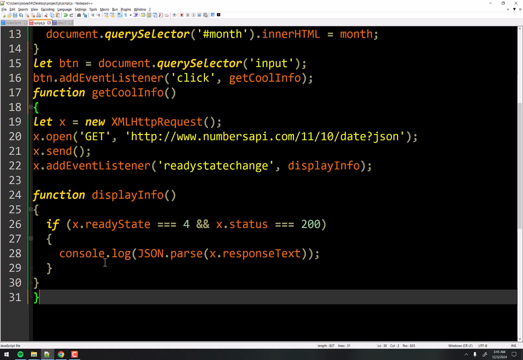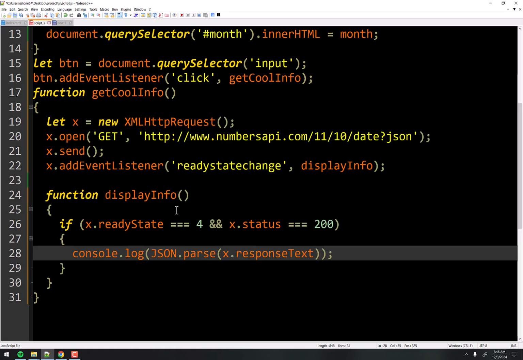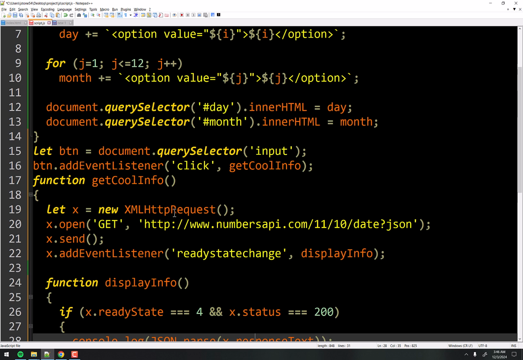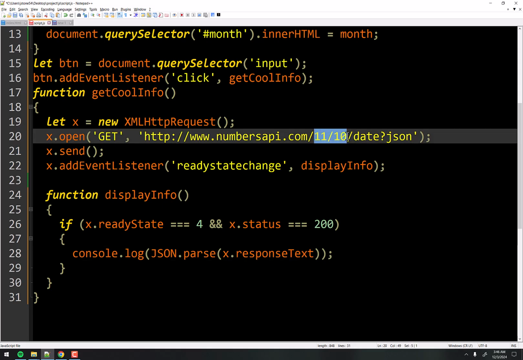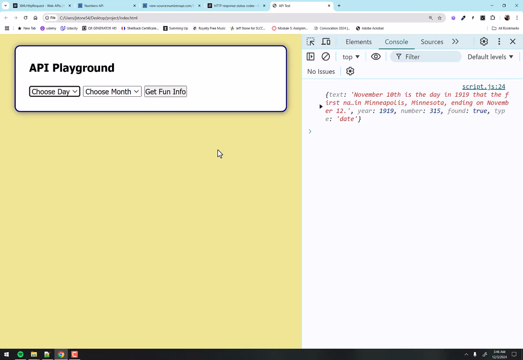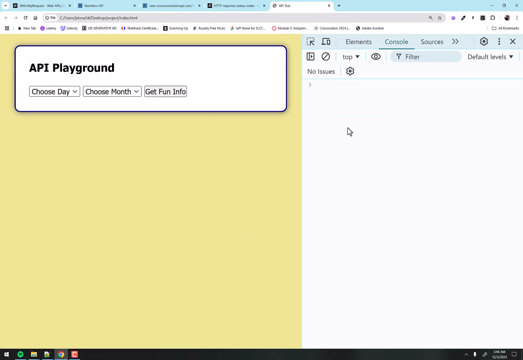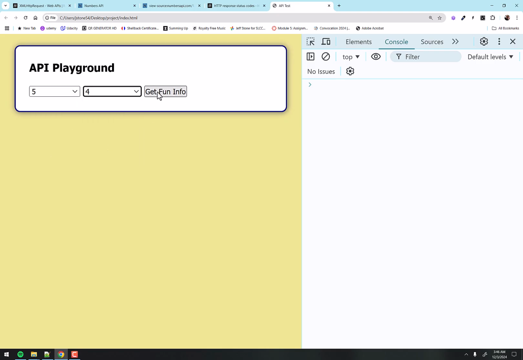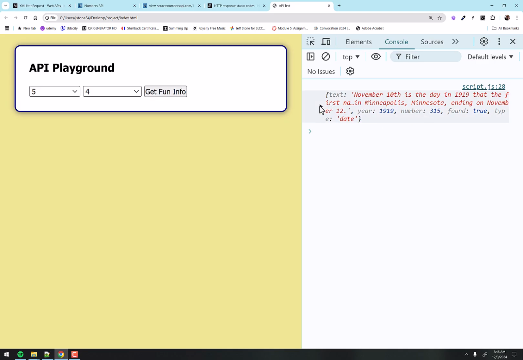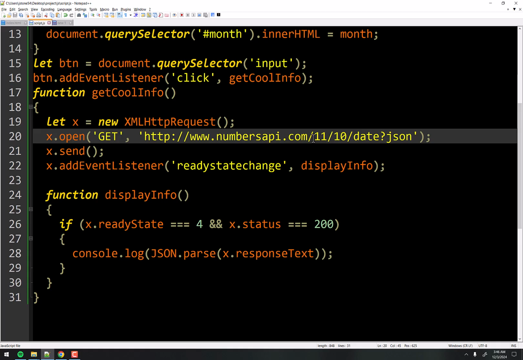And notice here, we got a nested function, right? That's a little weird, but it's totally valid, right? And we'll come back to fixing this code a little bit here. The only thing left now is we don't want to just display 1110. We want to display whatever they entered. But let's just run this to make sure that this is working for the moment. So refresh, and that's no longer displaying, which is good. It should be waiting for us to click on this, right? So it doesn't matter what we click at the moment, but when I click it, it should display the information over there, and it does. But it's still displaying November 10th, right? Because that's what's here. Well, that's easy enough.